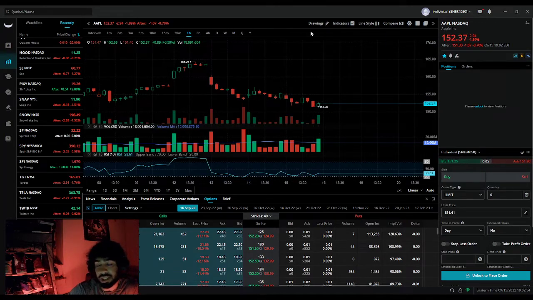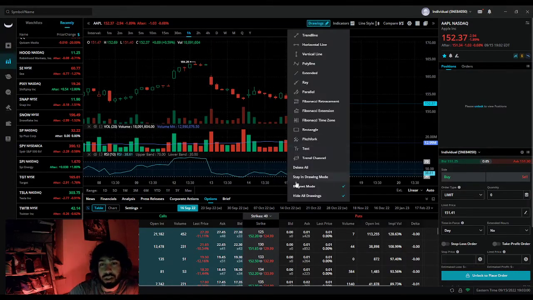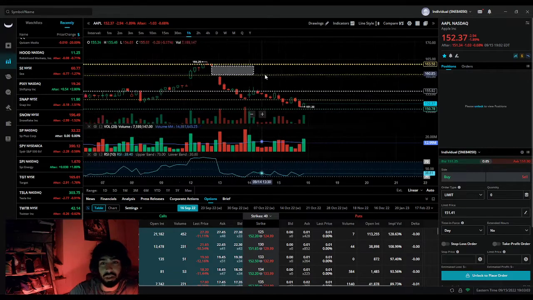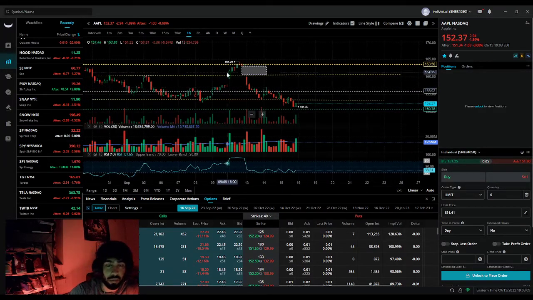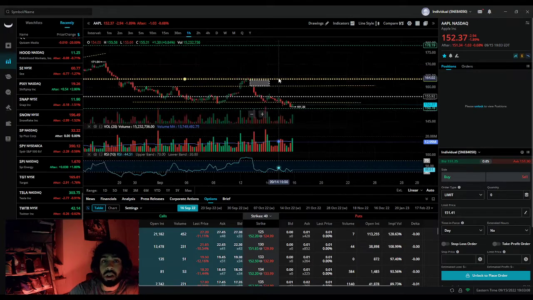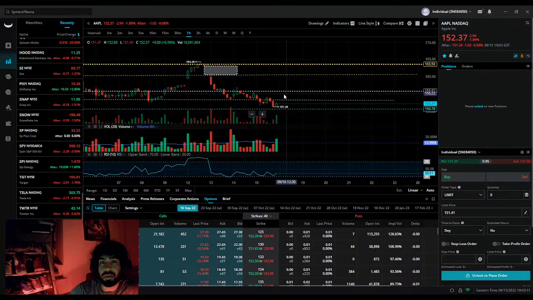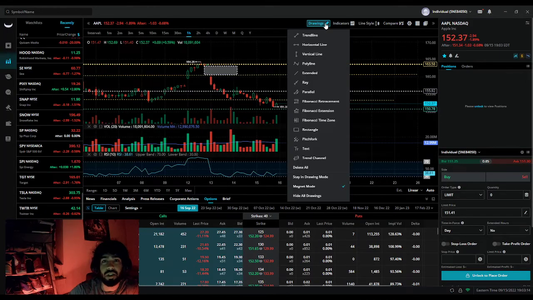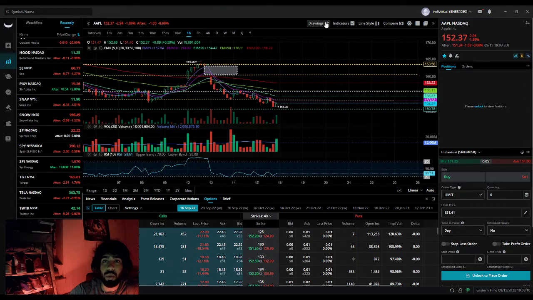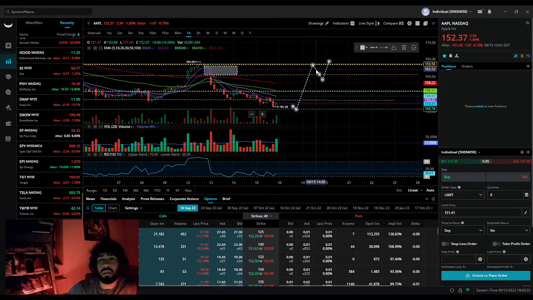What happens is, like I said previously on day 2, gaps get filled anywhere between 2 to 3 days. It could be a little longer, but it usually gets filled really quick. So what I could see on the upside, now that we have the drawings back, is I want to see it come down a little bit, and then I expect it to fill this whole gap. Then it might have a little pullback, and then it might bounce up. This is the main thing I want to see.